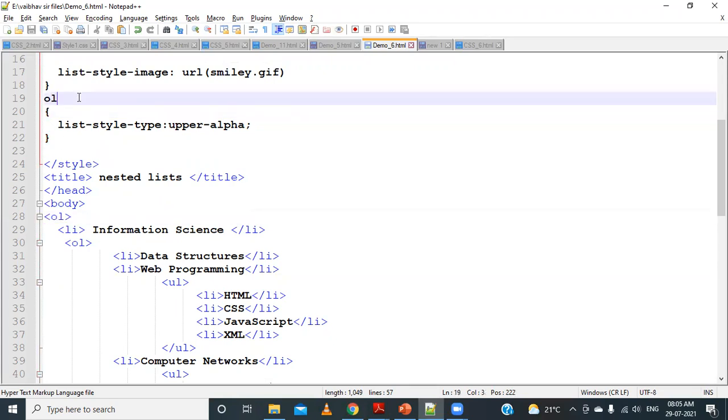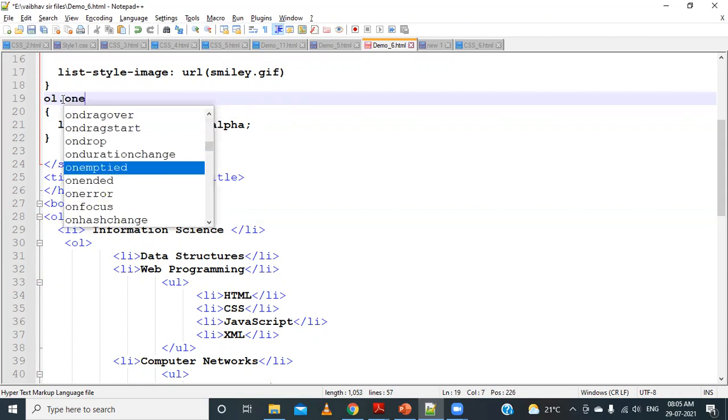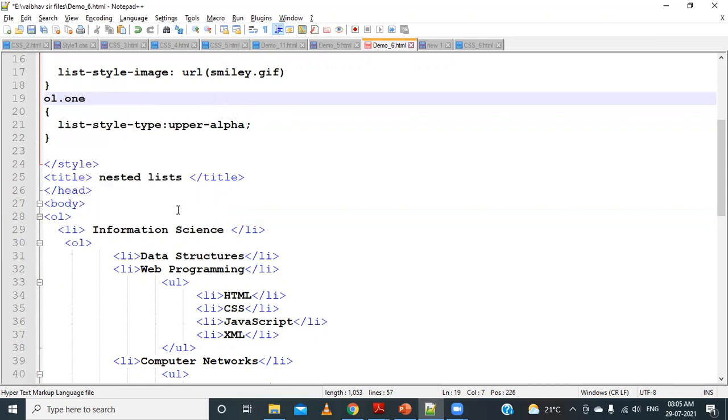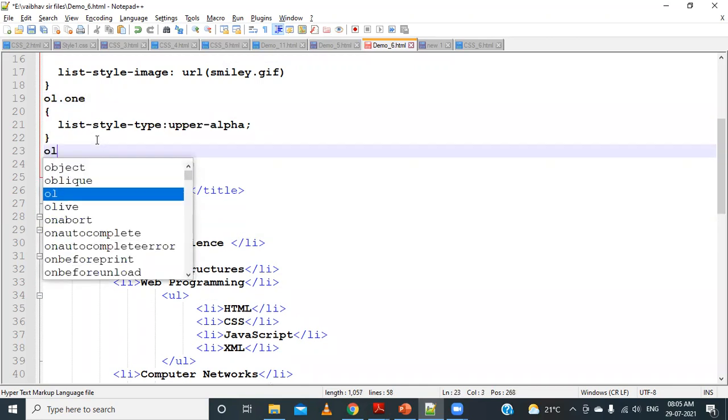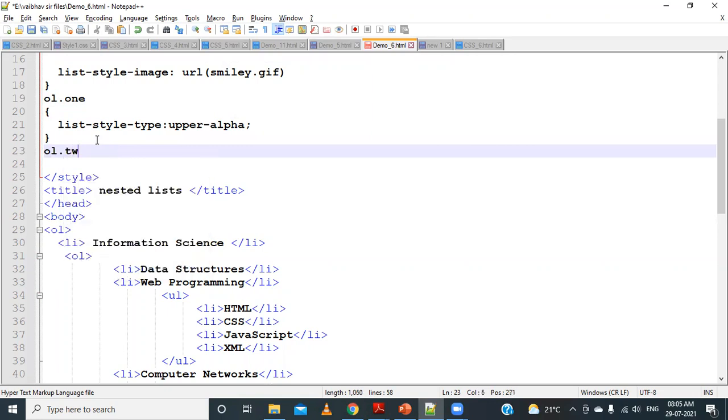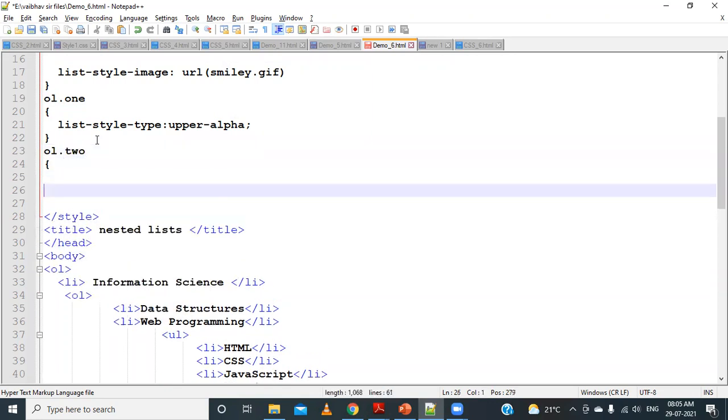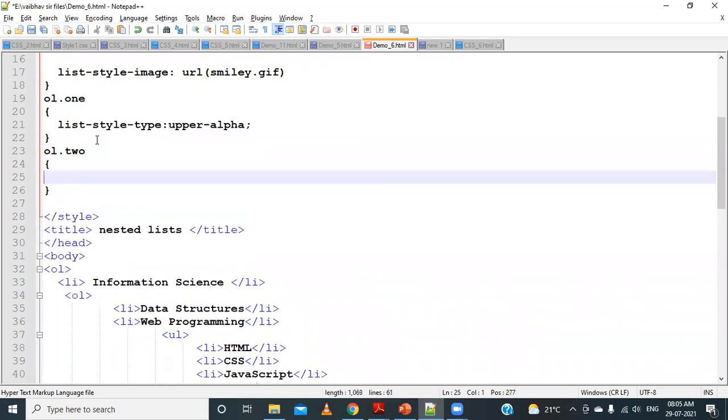I can use the class again, or I can use the particular inline level. So for this, I will say OL 1, and here I will say OL 2. And here I will specify the list style type.